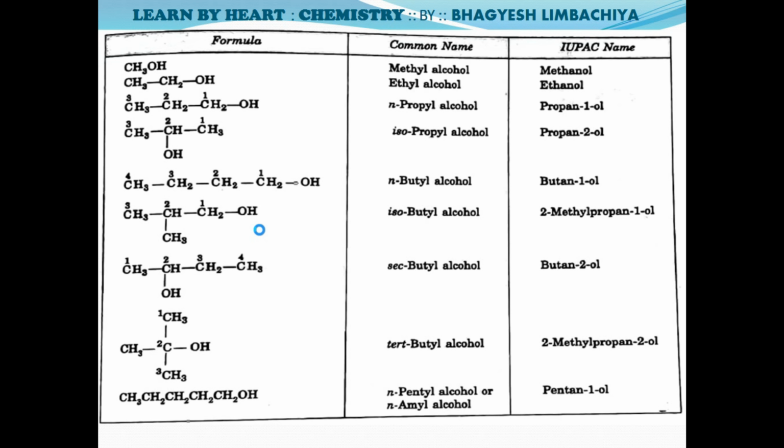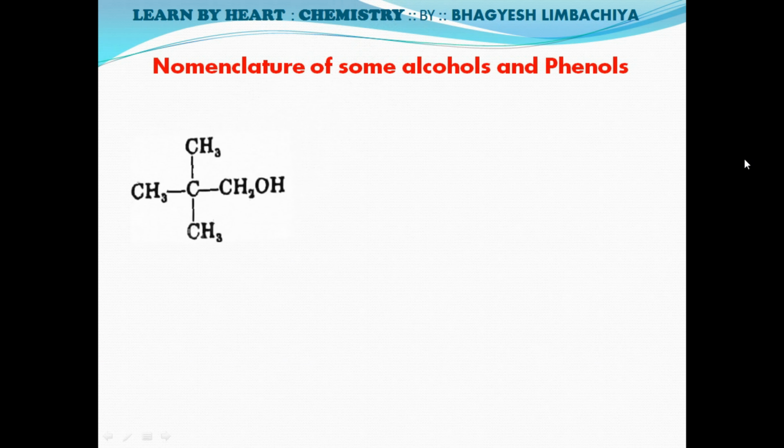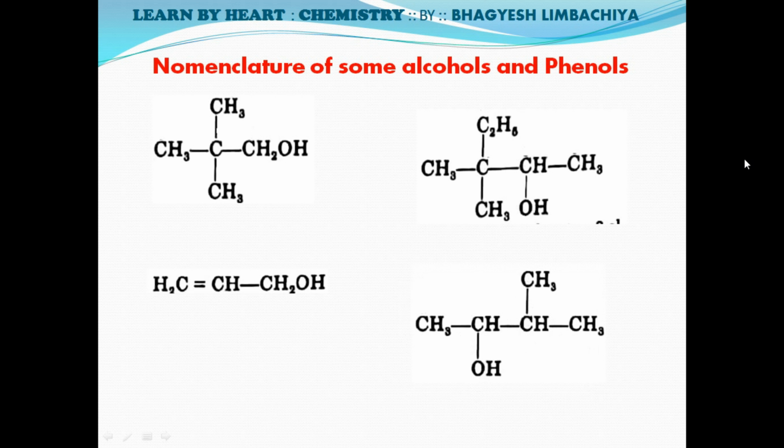Now we are taking some typical examples. Consider these 4 compounds. In the first compound, generally we will try to give the least number, or the first number, to the carbon atom which is attached with this OH group. See, in the first example, the OH-containing carbon is given the first number, so 1, 2 and 3. Now on the second carbon atom there are 2 methyl groups. That's why the name of the substance will be 2,2-dimethyl propan-1-ol.